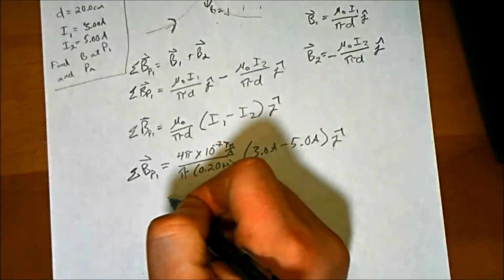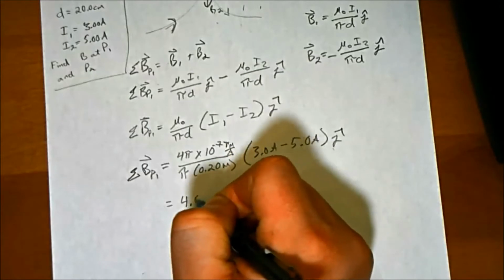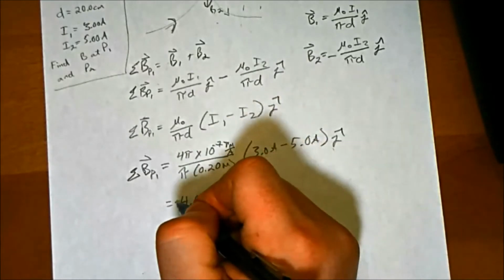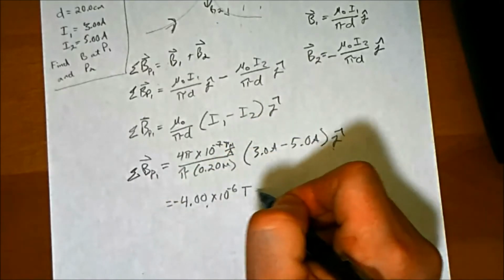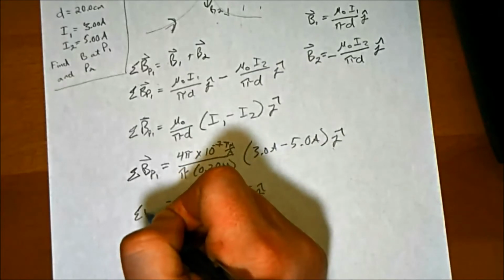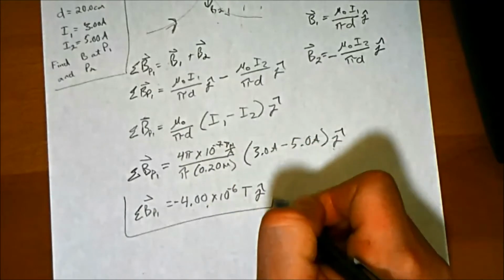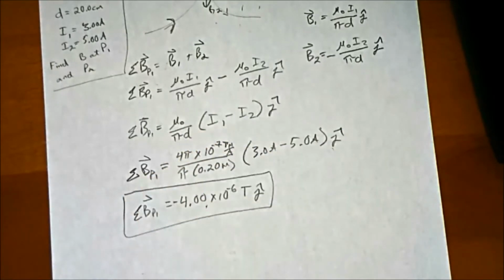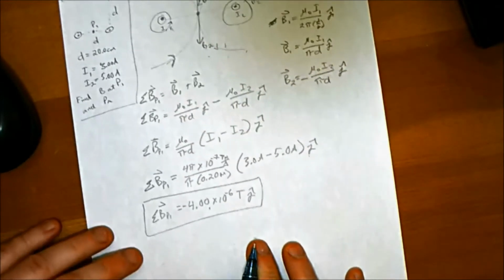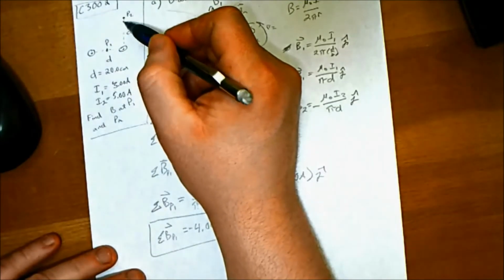And when you plug in the numbers, that is 4.00 times 10 to the negative 6 Tesla, and that is in the negative. Remember, the negative came from the subtraction, j hat direction. The next part of the problem wants us to find the magnetic field at some distance d above the wire